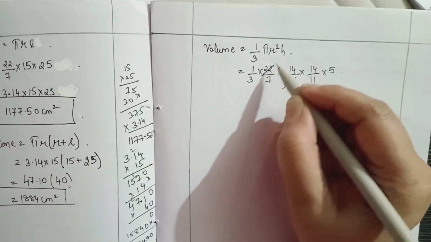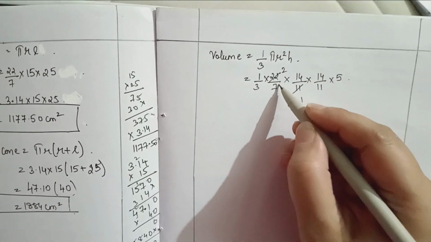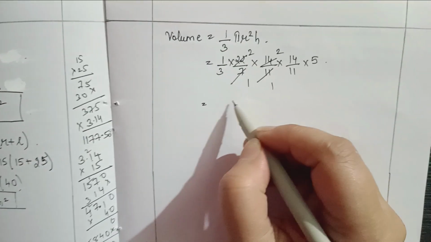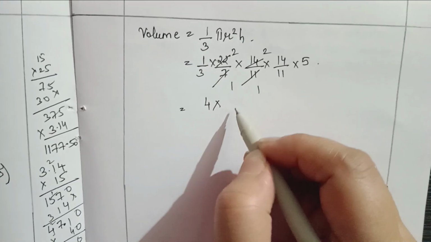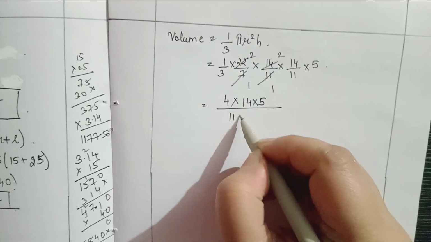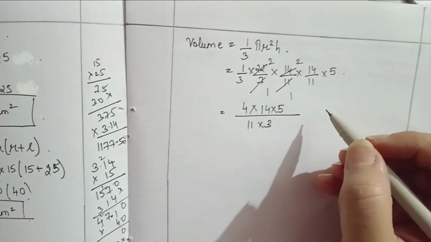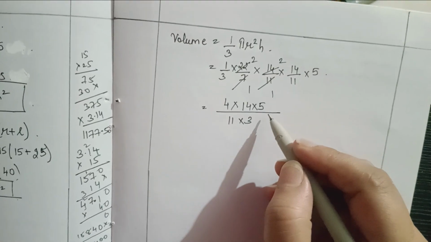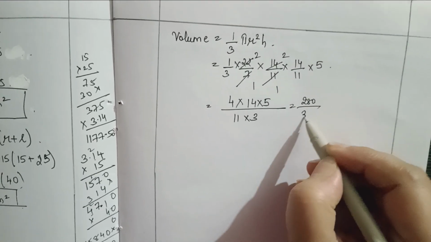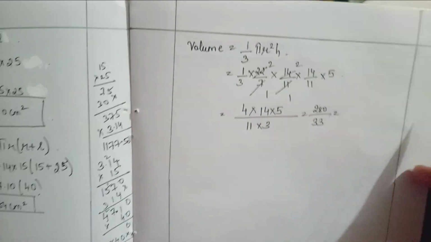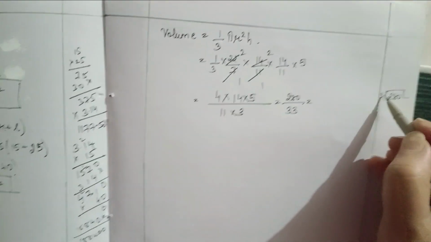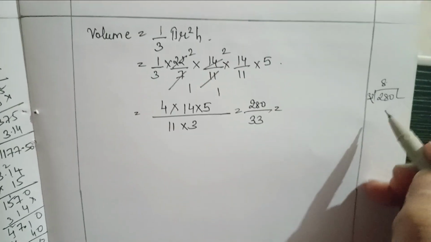11 ones, 11 twos, okay? 7 ones and 7 twos. Give you 4 into 14 into 5 over 11 into 3. 14 into 5 will give you 280. This we'll divide by 33. On division, 280 divided by 33